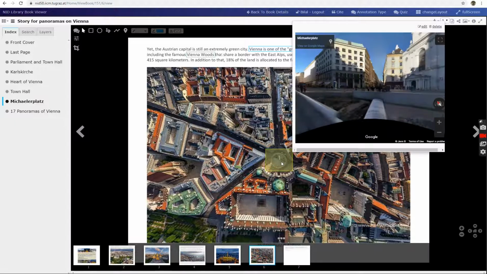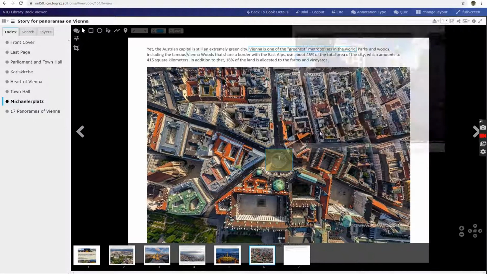It's a 360 view of this exact location. We have very good 360 views of all the famous places. So when somebody sees this annotation,